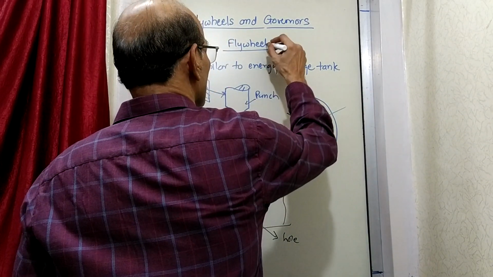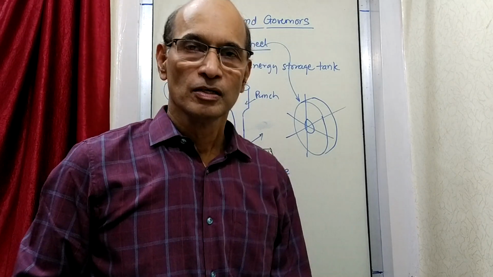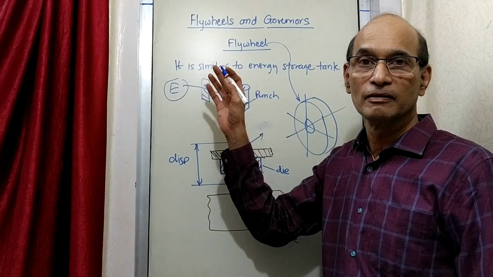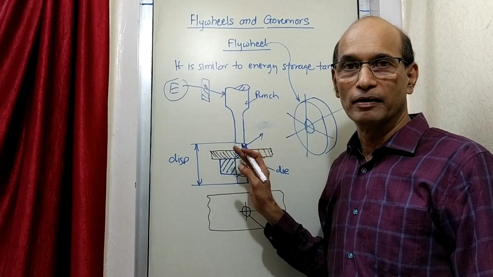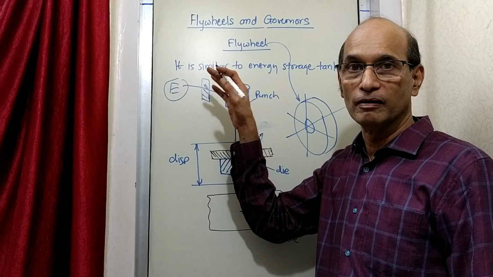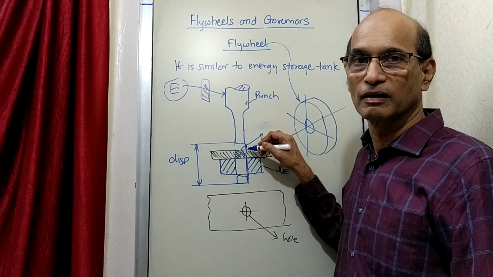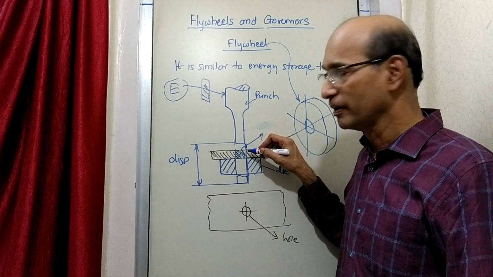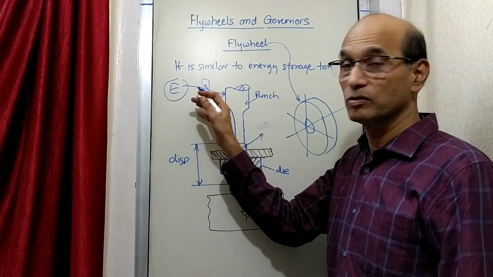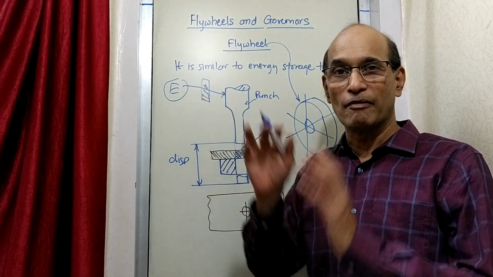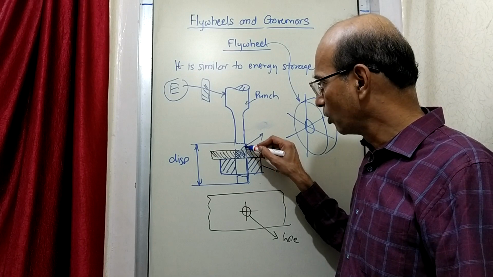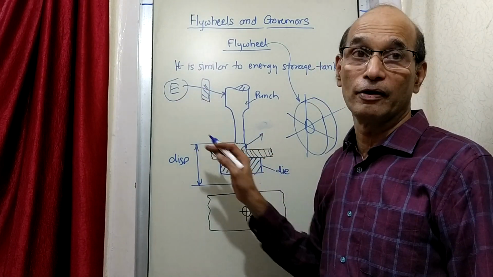So this is a flywheel. A flywheel is a disc. So what does the disc do? The speed of the disc increases because energy is not required. So whatever energy is given here, it is used for increasing the speed of the flywheel. Now when the punch touches here, at that time the requirement is more, and so much more that whatever is supplied is not sufficient, because it is supplying something like an average. Here the requirement is more, here it is less. It is supplying the average of all this.